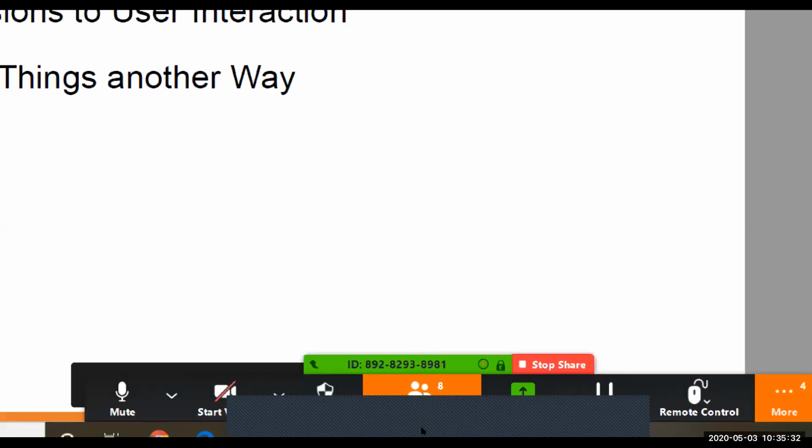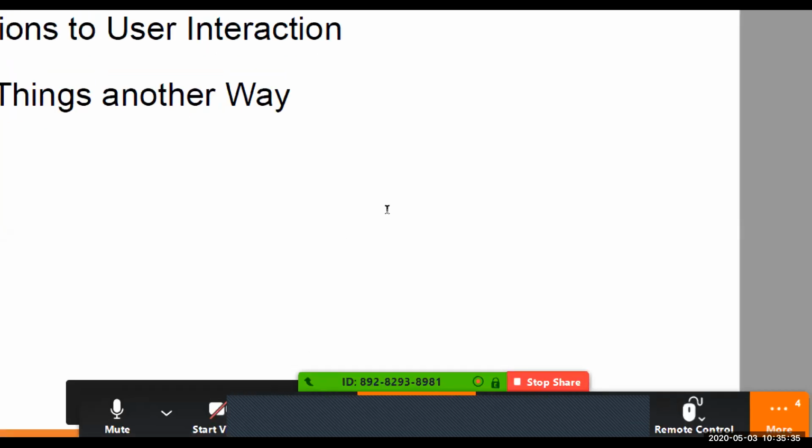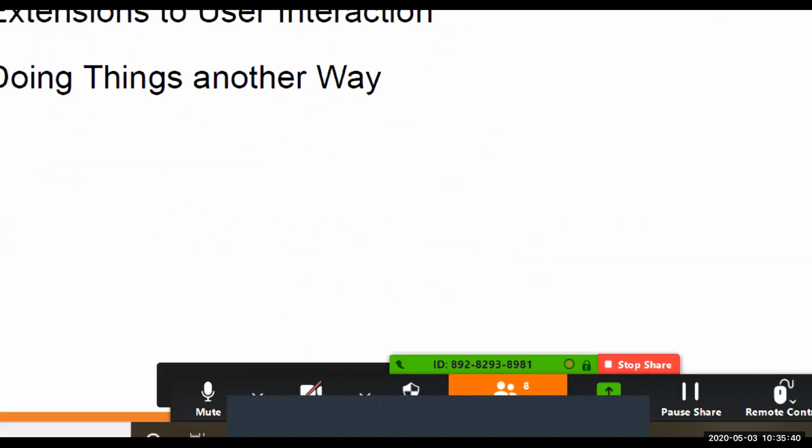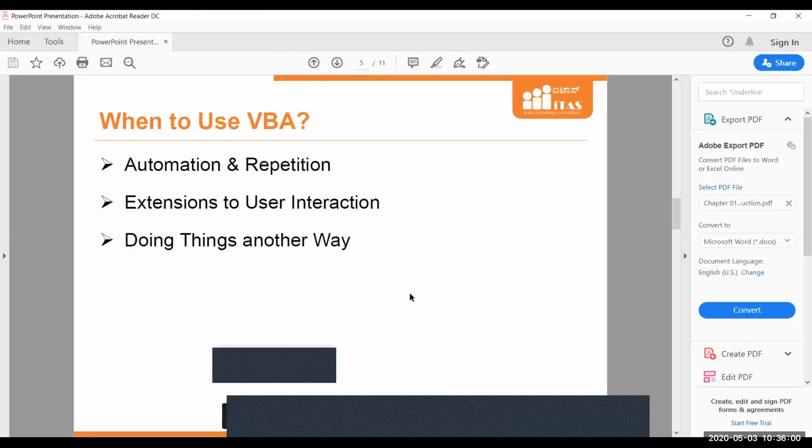Let me show you that screen again. I guess you can see it now. Are you all able to see the screen? Yes or no? Yes, we can. Okay. Just remind me if you're not able to see the screen, I will not be able to know it unless you say so.